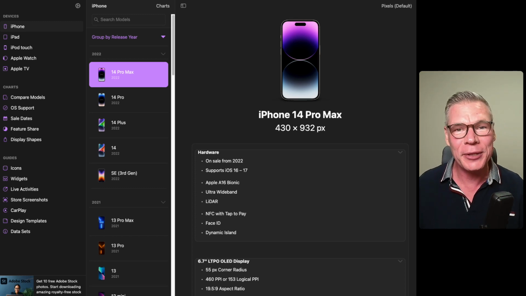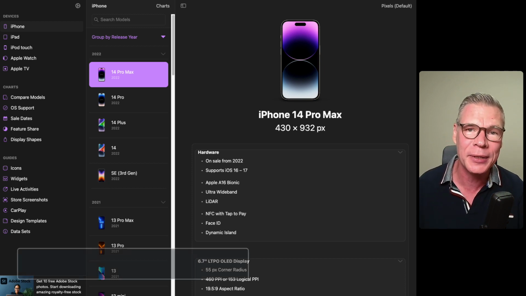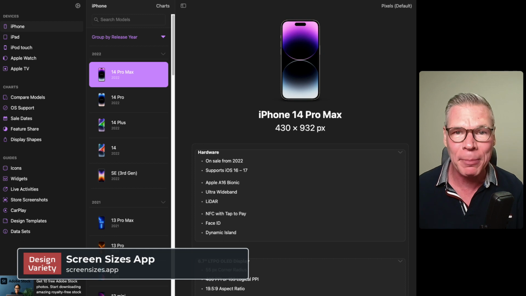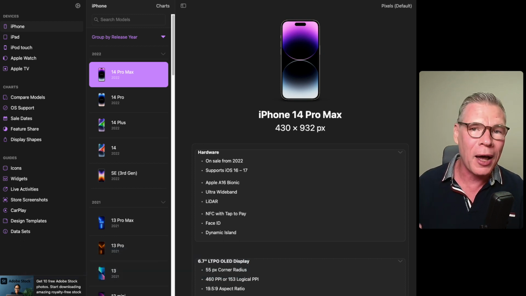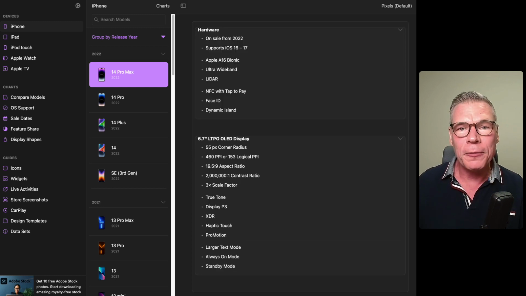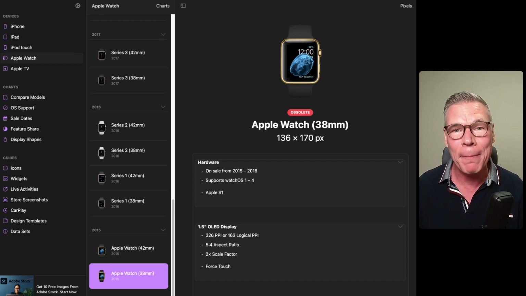And to the rescue is Trevor Kay and Christopher Muller with their incredibly detailed tool called ScreenSizes.app. It covers pretty much every imaginable device in the Apple ecosystem, from iPhone, iPad, iPod Touch, and Apple Watch, covering every generation of the products since inception and at an incredibly detailed level. So for example, in an iPhone 14 Pro Max, you have all of the specifications that you need to thoroughly understand this product. Amazingly, you can go all the way back to the very first generation Apple Watch where it all began.